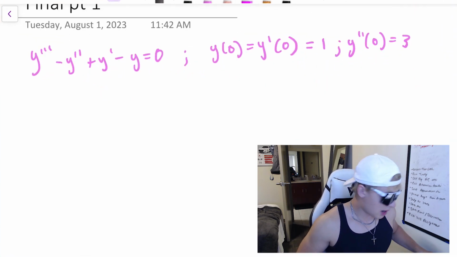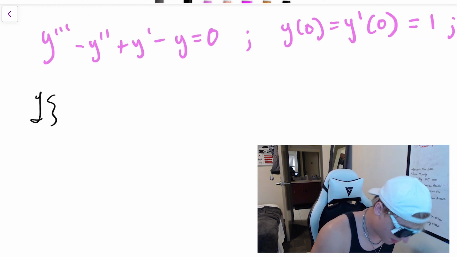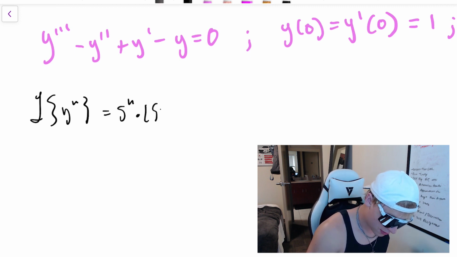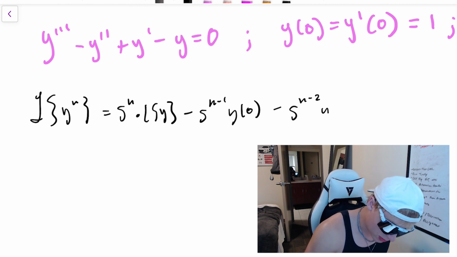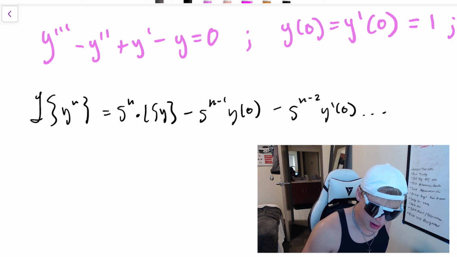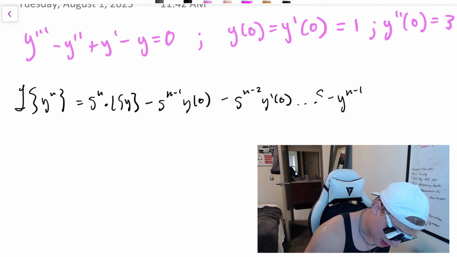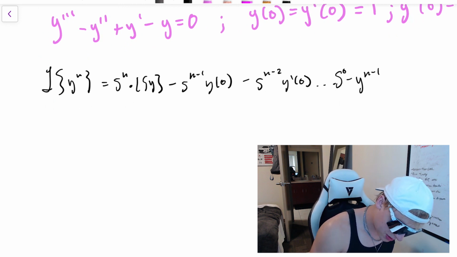To start this problem, what you have to remember is that the Laplace transform of a derivative to the nth power is s to the n times the Laplace transform of y, minus s to the n minus 1 times y of 0, minus s to the n minus 2 times y prime of 0, all the way up until you get to minus y to the n minus 1 of 0. So to start this problem, I usually like to start out with writing y triple prime is equal to,